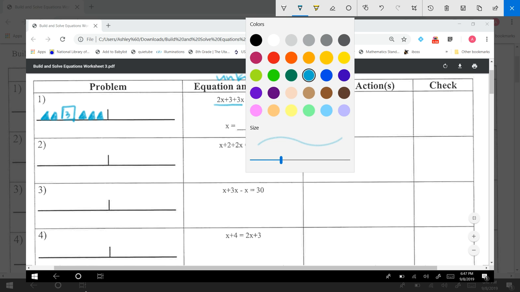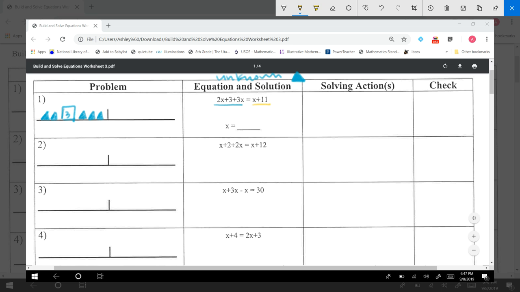And let's get a different color. Let's do our right side in this yellowish color. So we have one unknown, and then we have a weight that we know it's 11. This picture represents the equation. Okay. Having the picture can help us simplify the equation,